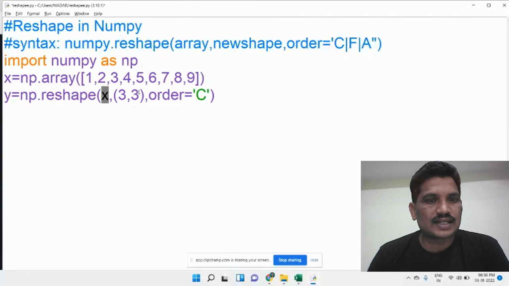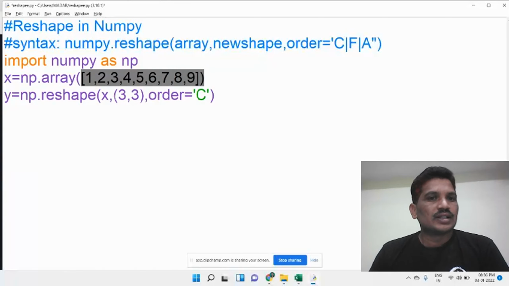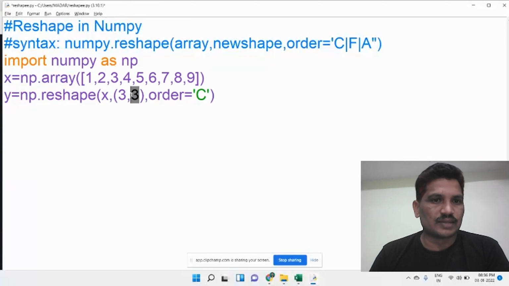The first argument is an array. The input is a one-dimensional array. It has to be converted into a 2D array; 1D is converted into 2D with 3 rows and 3 columns.